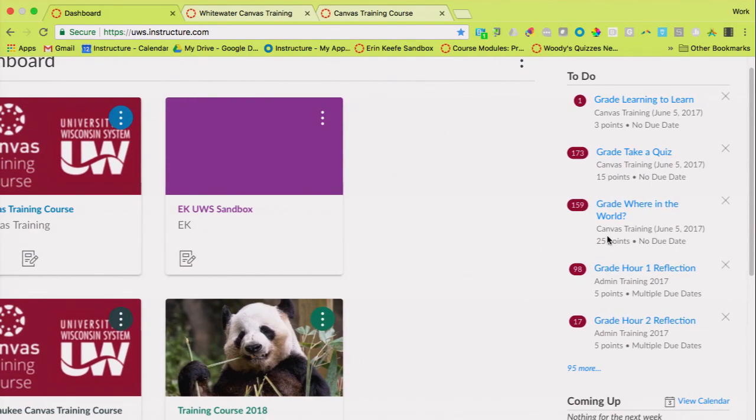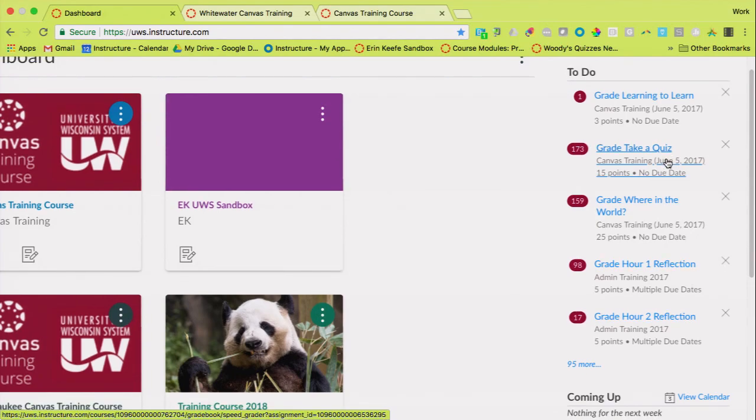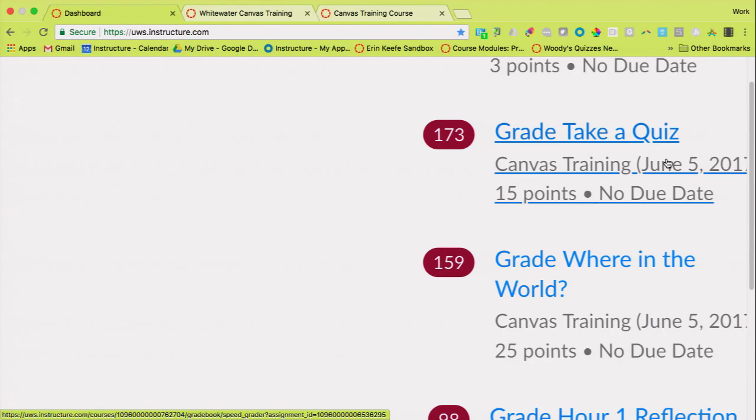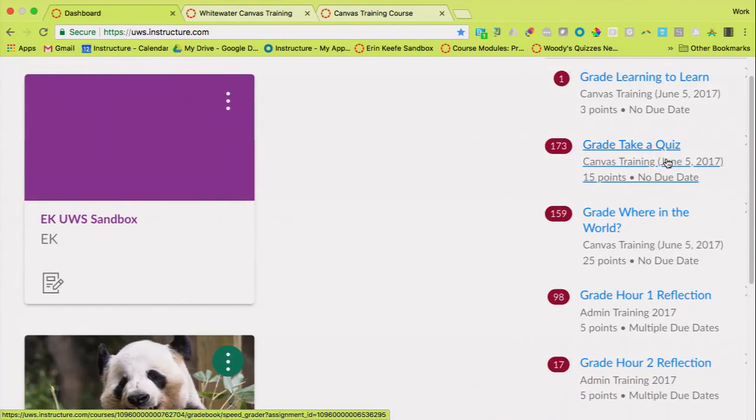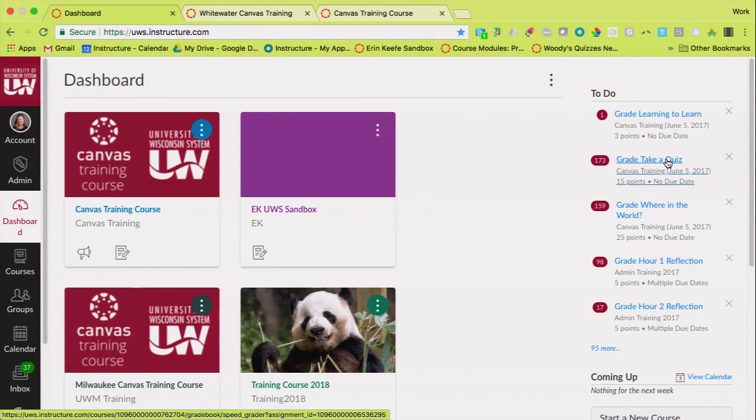Now, once you start using Canvas, this begins to populate on the right-hand side of your screen. This is the to-do list. For an instructor, the things that I need to do are going to be the things that I need to grade. So this is one of the ways that I can tell what my students have handed in to me since the last time I logged into Canvas. You can see that I've got a lot of work to do there because the numbers next to each one of them tell me how many of each. I'm really behind on that one because it's from last summer. And if I click on that, it'll take me into our grading tool, which is called the SpeedGrader. For students, what they're going to see on their to-do list is anything that they haven't yet completed that's been assigned to them in their courses, up to a list of 25 things.